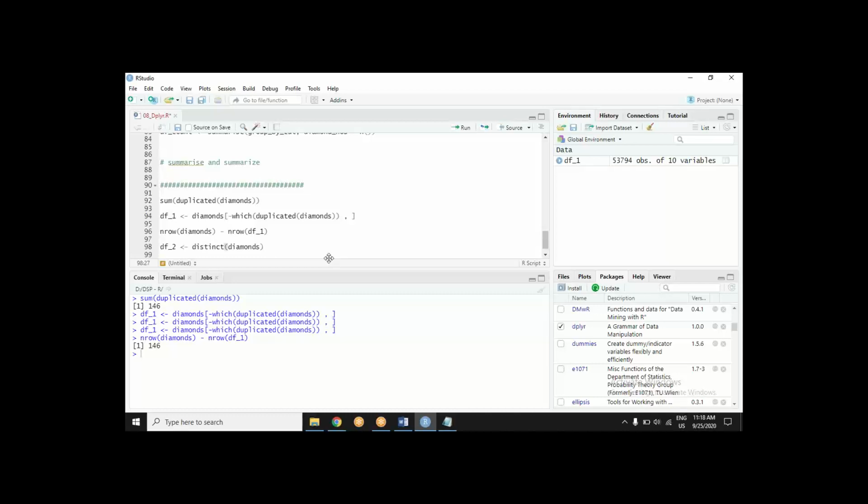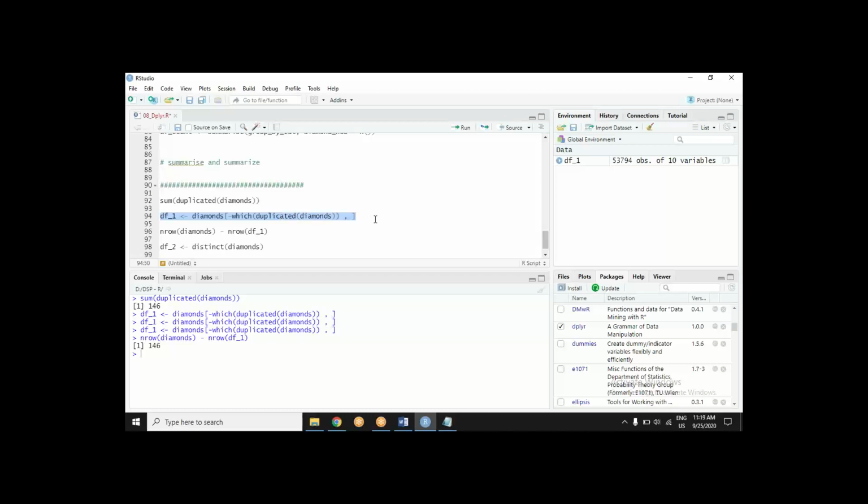Whatever is duplicate, I don't need it. So you see what was the logic here and what is the logic here.